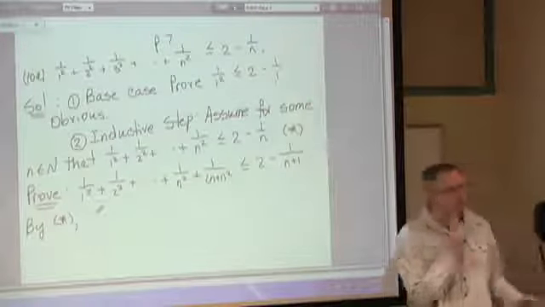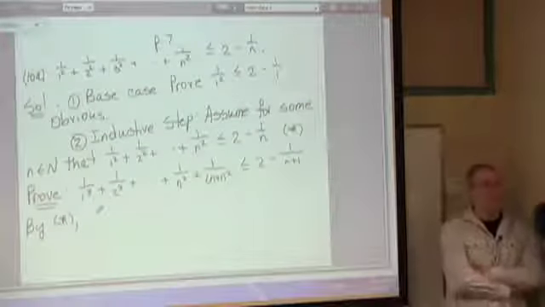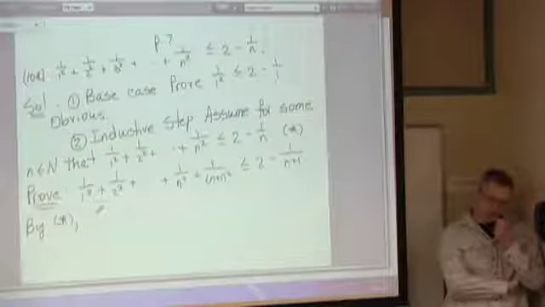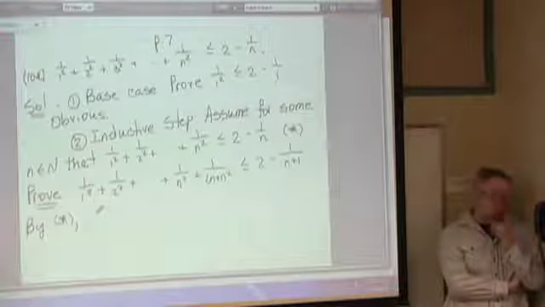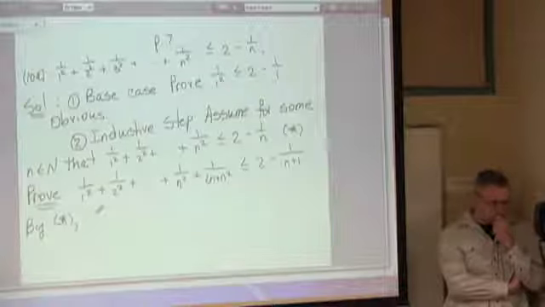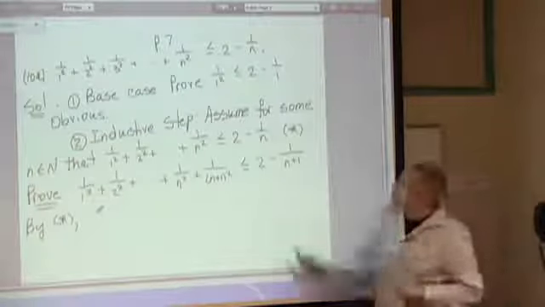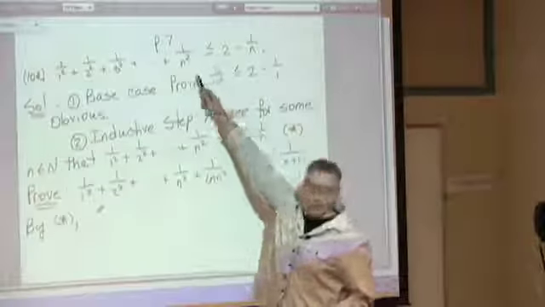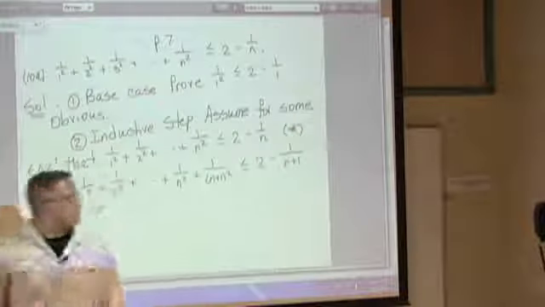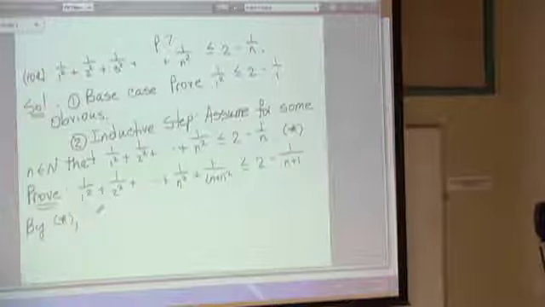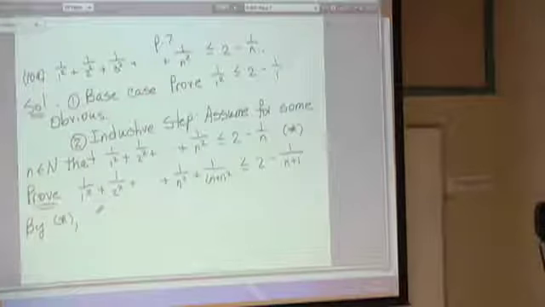So I guess my question at this point, even though sometimes I do it and it works, is why are you adding an extra term on the left side if you don't have an extra term on the right side? Because, okay, look at the original statement here. Here's our original statement that we're trying to prove. So, if I were to call this inequality P of n,